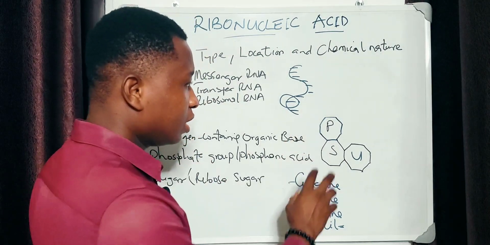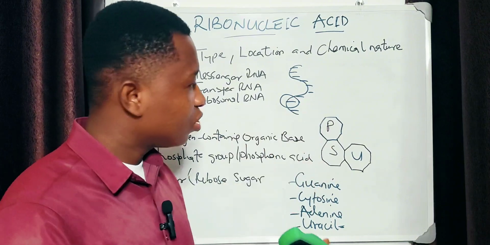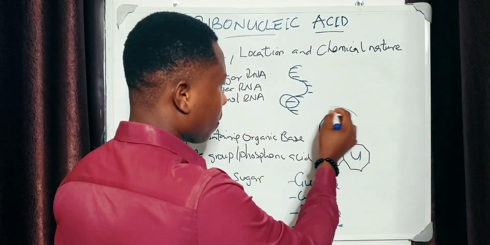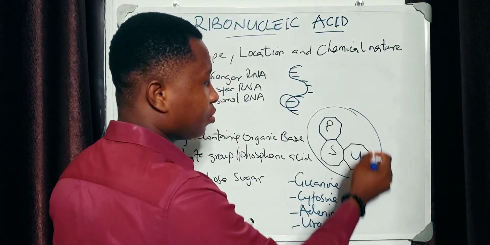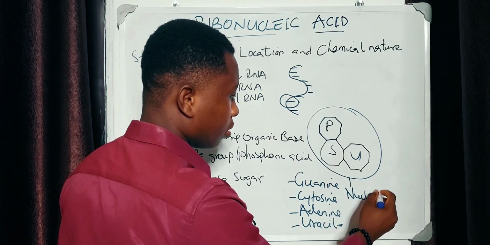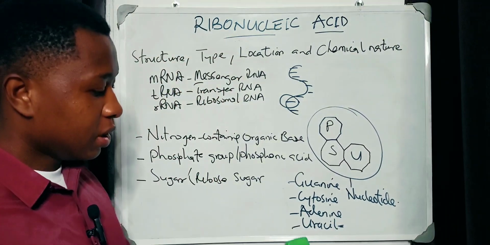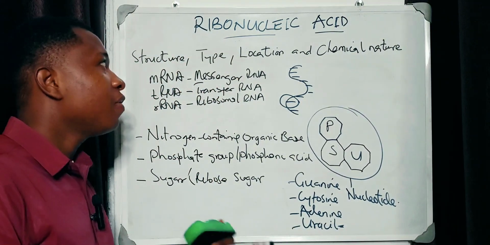Okay, so this is a unit, the smallest unit of the RNA, and this is referred to as the nucleotide. The nucleotide. So this is an overview of